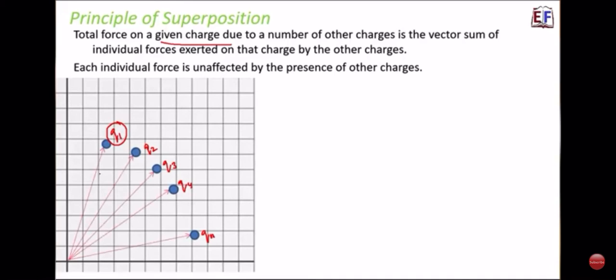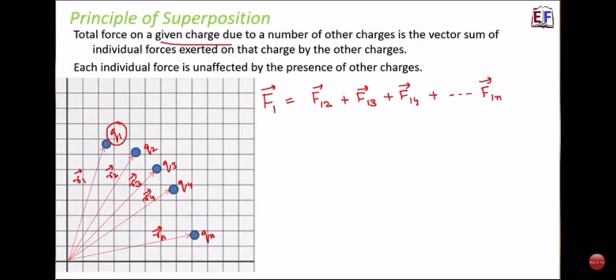So let us suppose that the position vectors for each of these charges are given by r1, r2, r3, r4 and so on till rn. Okay, so now what will happen? The net force on q1, which is denoted by F1, will be equal to force on 1 due to 2 plus force on 1 due to 3 plus force on 1 due to 4 and so on till force on 1 due to n. And how do we calculate each of these values?